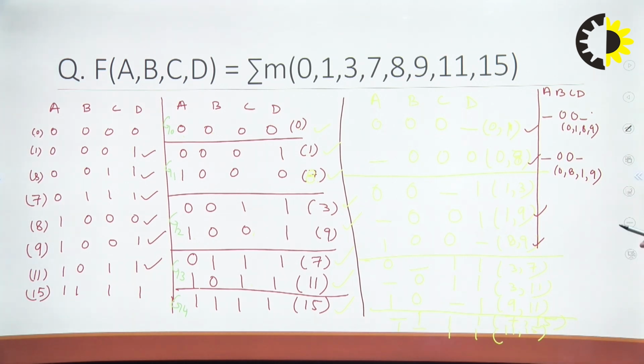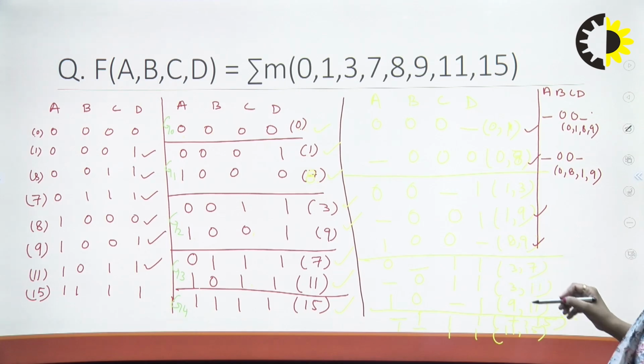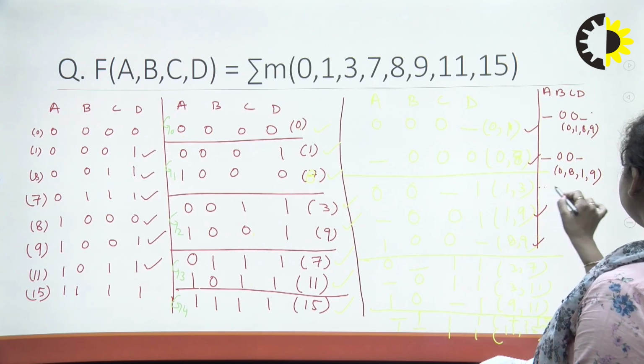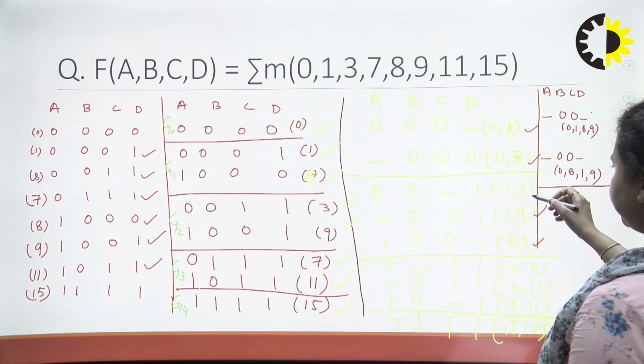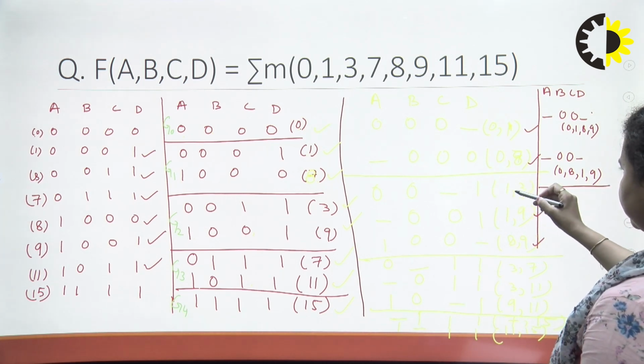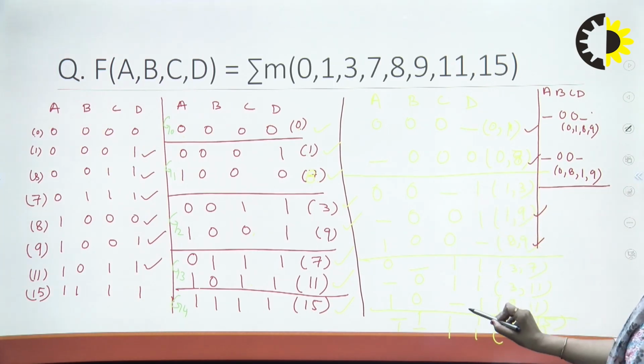Now I think no other bit is comparing with this group. Like G1, this group and this group is finished. They are not comparing with the other minterms. Now we are comparing this group with this group. So again we will be checking dash. So you put dash here, right? You will see that this dash is matching with the last, right?